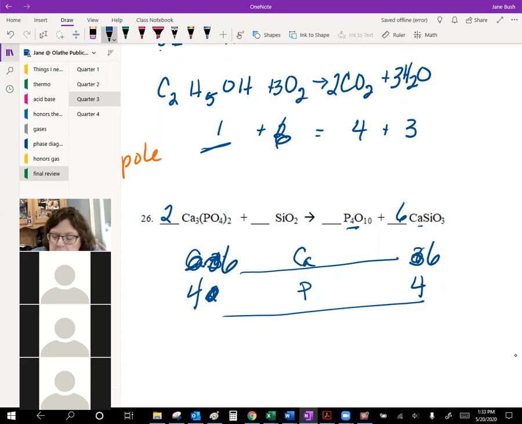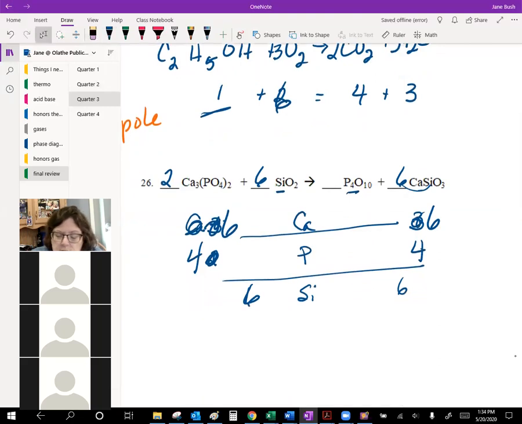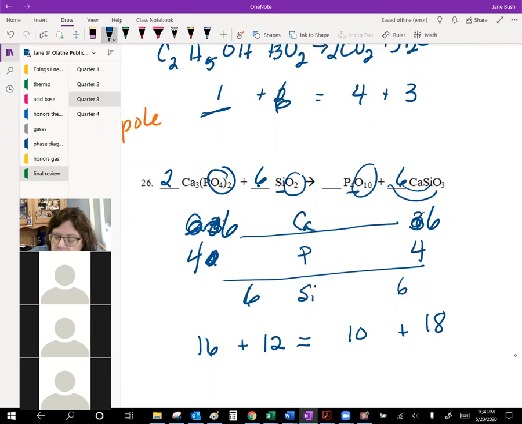Okay. Now I'm going to do oxygen last. I'm going to go to silicon. For silicon, I have 1 on the left. And now I have 6 on the right. So I need to put a 6 in there. Last but not least, we'll do the oxygens. That's 4 oxygens times 2 is 8, times 2 is 16. 6 times 2 is 12. On this side, we have 10 oxygens. 6 times 3 is 18. And look at that